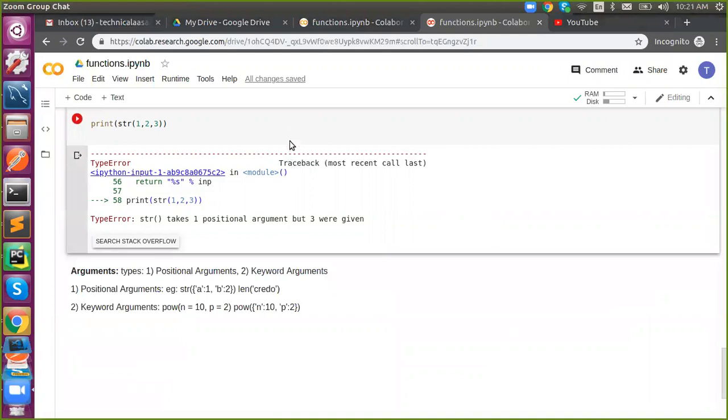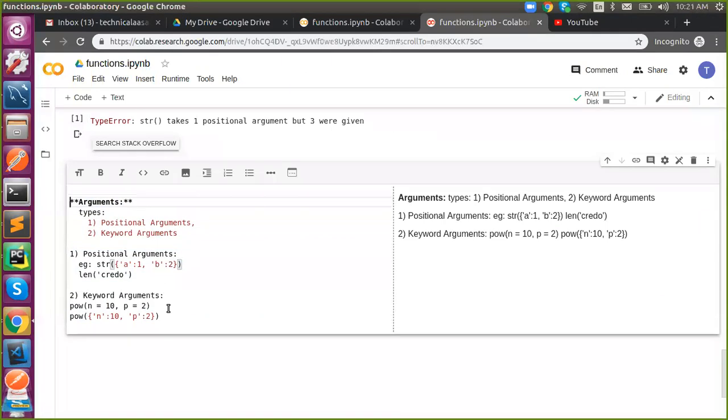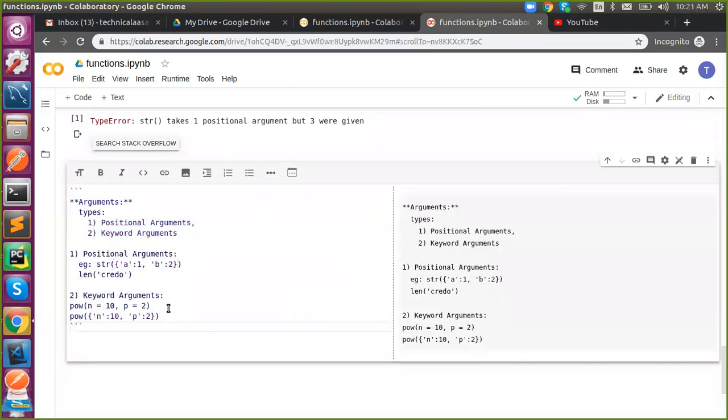Create a dictionary of, then we can do it. It is already a dictionary only.